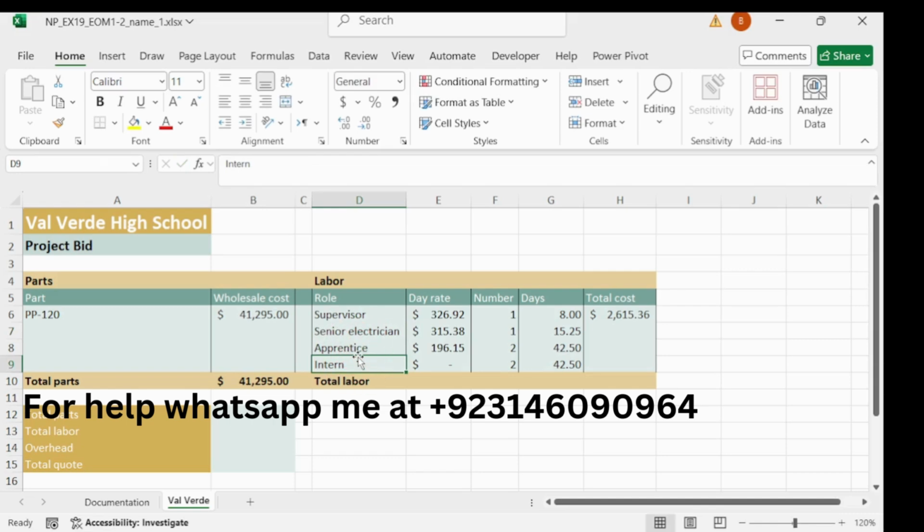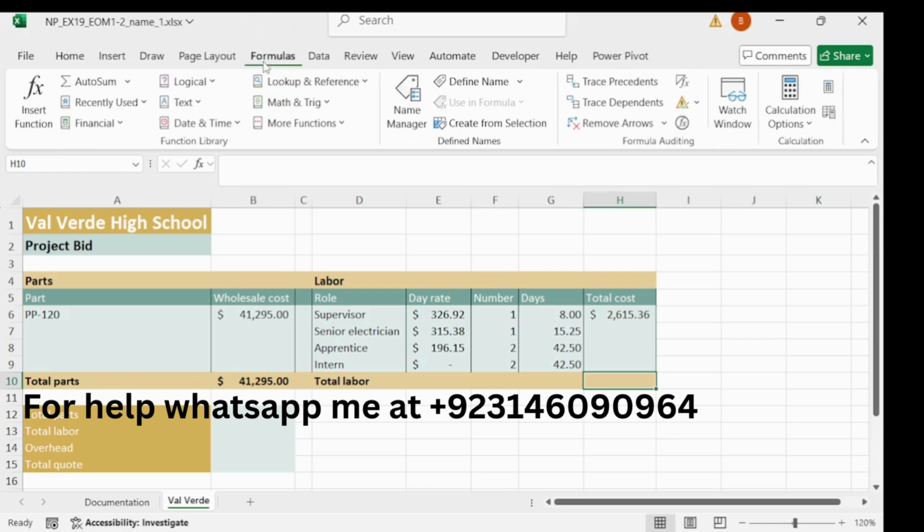So our step number 8 is in cell H10 create a formula for the total cost of labor for the current estimate by using the AutoSum. So select the range H6 to H9 and in H10 insert a formula. Sorry, Control Z, and now we need to enter the AutoSum formula. Choose AutoSum and press enter.